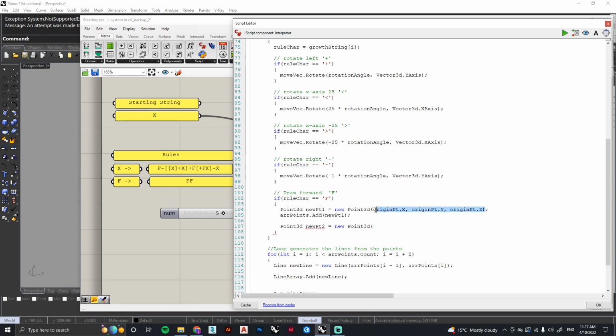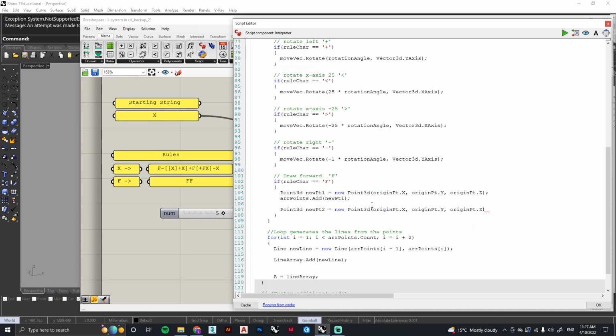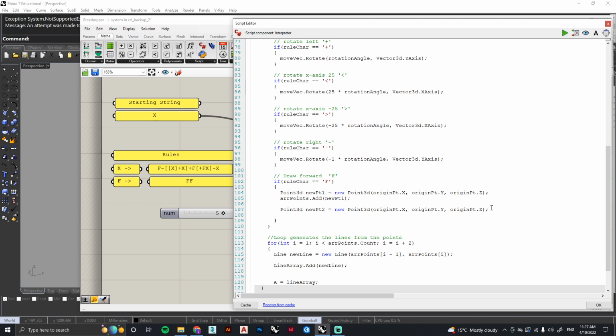We're starting at the origin, so we can just copy and paste this. And new point 2 is going to be added